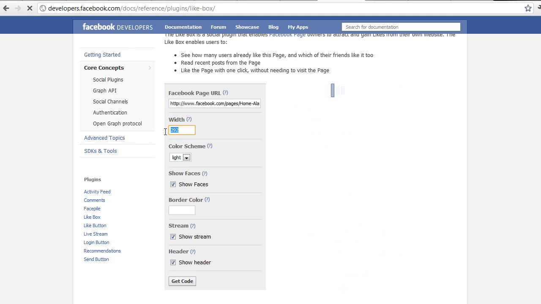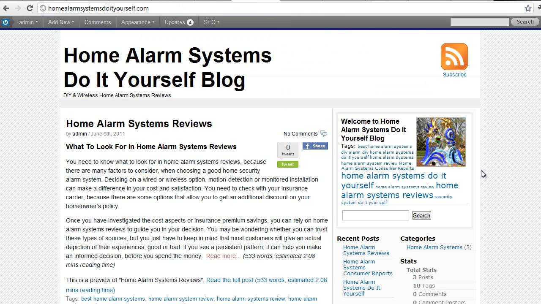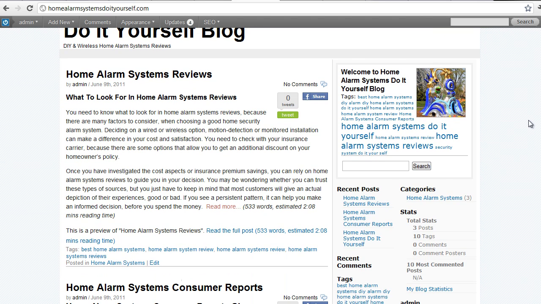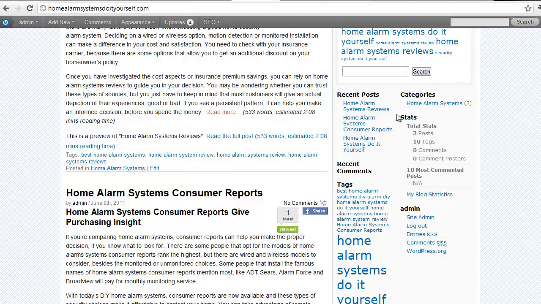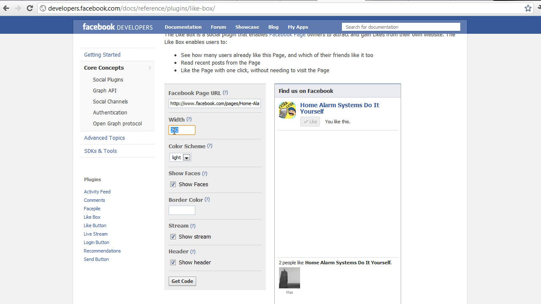The other one that you're probably going to want to change is the width, because you want to make it the right width to fit into the sidebar on your blog. At the moment this is 292, which is fairly wide. If I go back to my blog, I can see that I could potentially fit it in at the top here, but I'm probably going to want it in the left or right hand sidebar. So I'm going to want it probably about 100, maybe 120 pixels wide. So let's go back and change this to